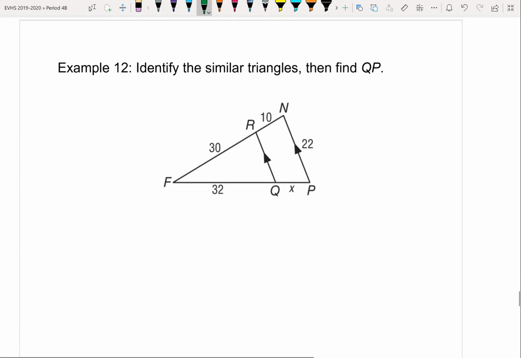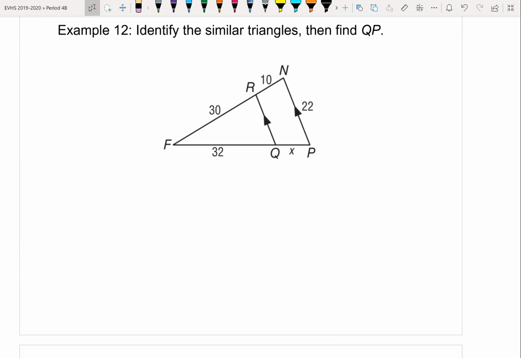All right, last problem of the day. Identify some more triangles and then find QP. Well, first off, let's go ahead and identify our triangles. So we know that angle F is congruent to itself by the reflexive property. We've got parallel lines, and so my transversal means that the corresponding angles are congruent, and so great. We got angle,